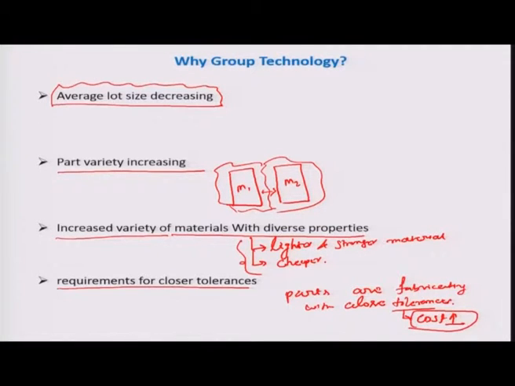That is why group technology comes into play.